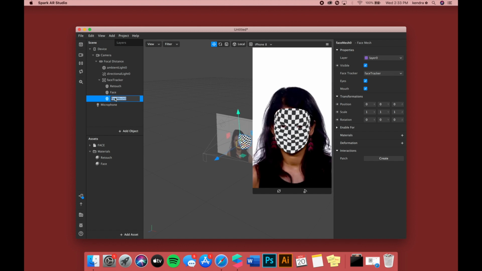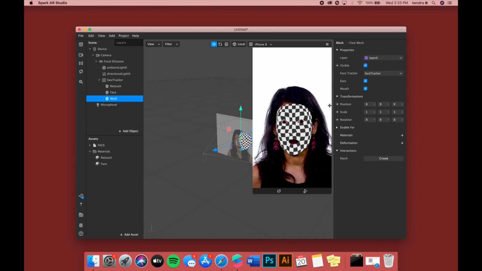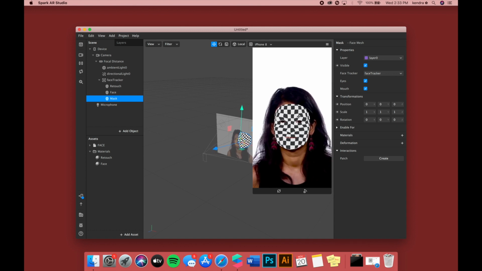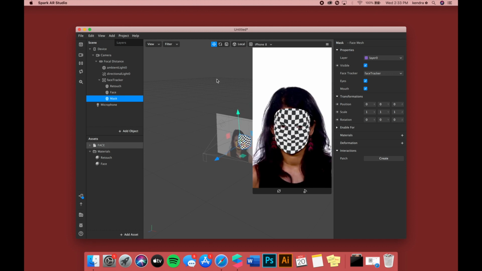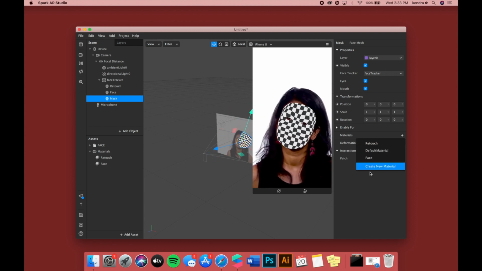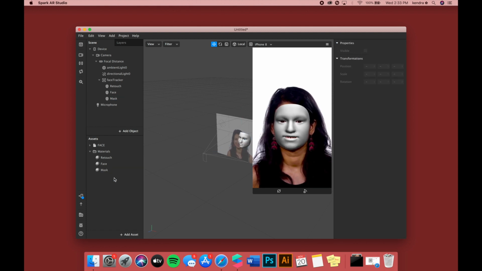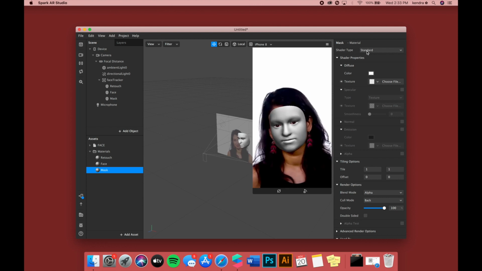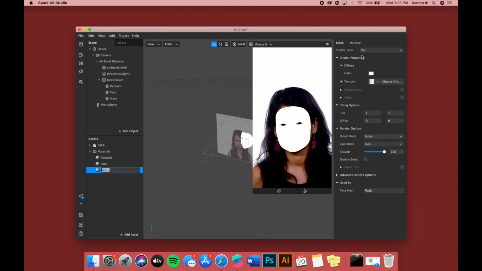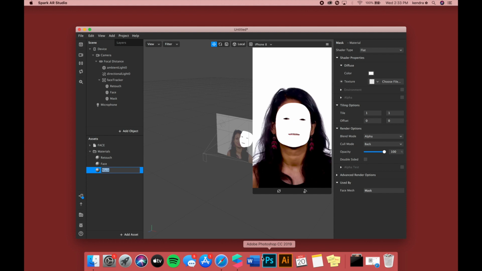And now this is where I get started on my mask. The other two are just basic ones that I put underneath. So if you want to do a tattoo or whatever you want to put on your face, you can create it here. So we're going to create a new material. I'm going to name it mask as well. And then before I even start messing with any of this, I'm going to change the shader type to flat, because I find that flat gives you the highest quality color,